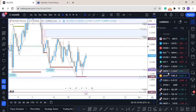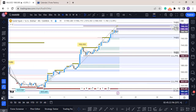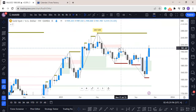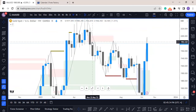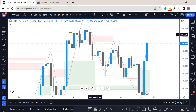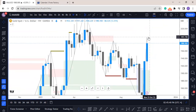The next one we're going to look at is gold. Gold is basically still bullish, but it has taken out some significant structure points on the daily. If you look at gold, there's this fair value gap here on the weekly that was tested only once that led to this drop off, and price has come back there to test it. Note this fair value gap. From this point to this point, price ran up into the 75. That's the upper quadrant of this